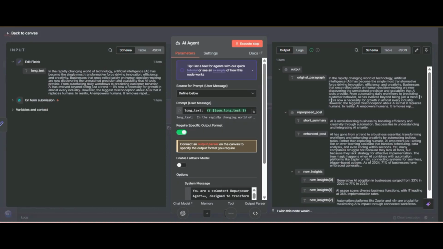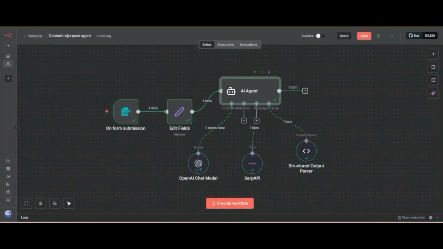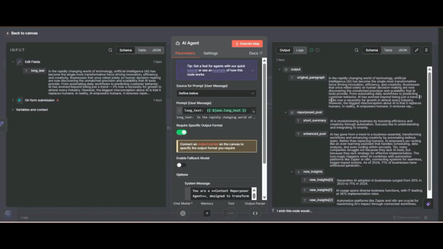Now I said I will show you one more example of using the edit field. So now you can see here it gives us the original paragraph that we gave, and repurposed, short summary, enhanced post and new insights. So there are five data, but we only want the enhanced post, because we don't need the original paragraph, since we are giving the original paragraph.